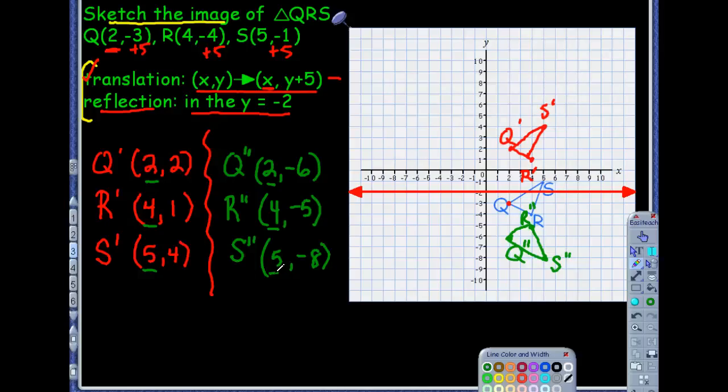All right. Now, question. Would the order matter here? So I'm going to add, will order matter? So what you're saying is, could I have reflected first and then translated? Exactly. And we're not going to actually do that, because there is a way to know that. And if you think back a couple slides ago,